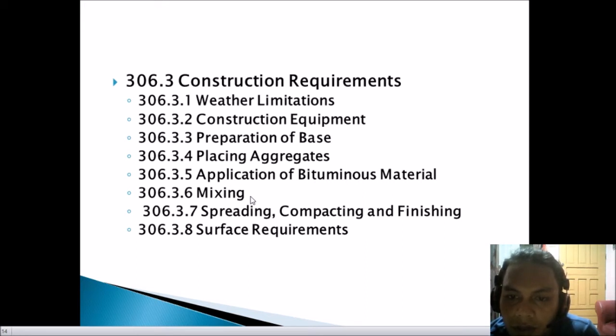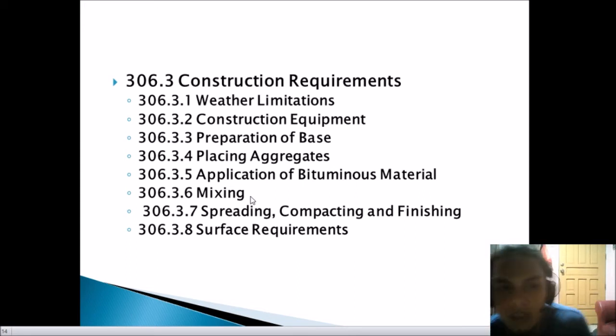If the surface moisture of the aggregate is more than 2% of dry weight, except when the bituminous material is emulsified asphalt, the aggregate shall be turned by blades or disc harrows or otherwise worked until the moisture content is reduced to 2% or less. To avoid delay of aerating and drying the aggregates, the contractor may use an approved additive, except for emulsified asphalt. The additive shall permit suitable coating of the wet aggregate and shall prevent stripping of the bituminous coating.